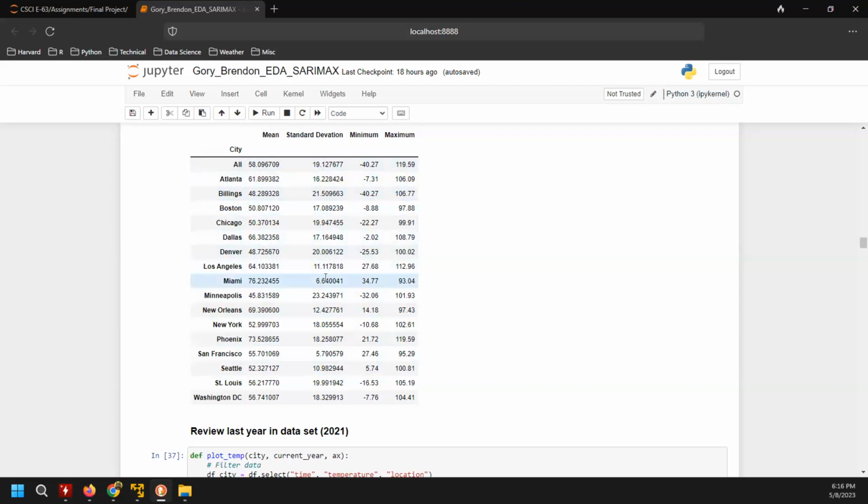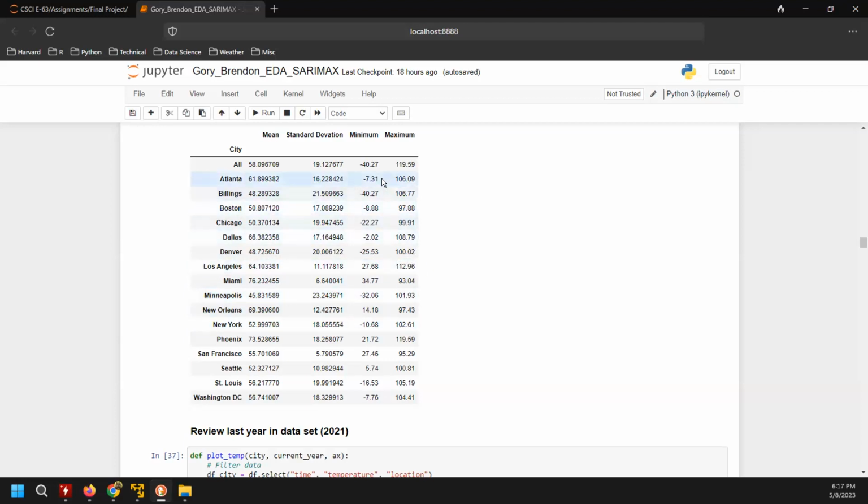The standard deviations for Miami and San Francisco are low. And all that is saying is that it's a pretty temperate climate throughout the year. It doesn't have a lot of wild swings from summer to winter. But regions like Minneapolis and Billings do have big seasonal changes. It's very hot in the summer and very cold in the winter. So we get those big spreads throughout the year that would increase the standard deviation values.